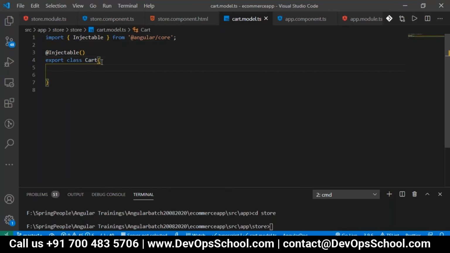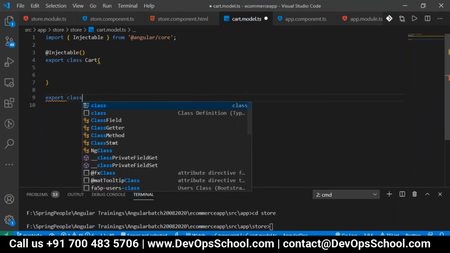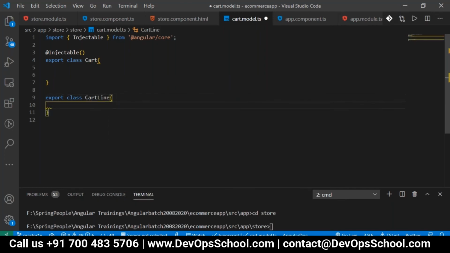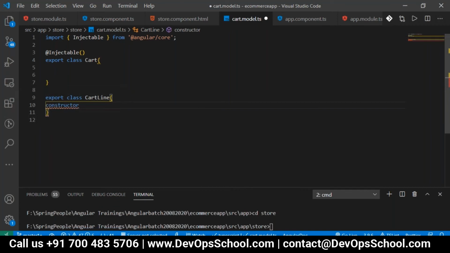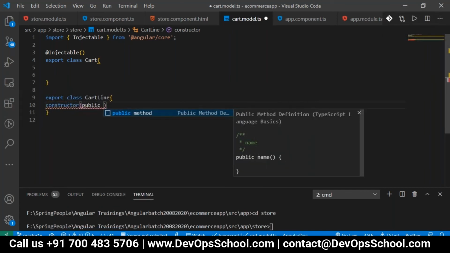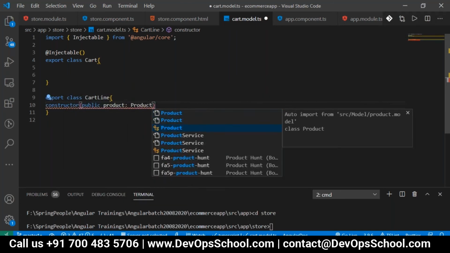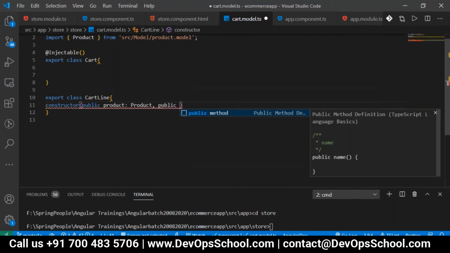Then inside this file itself, I'll create one more class, export class CartLine. That is just to get how many products are available, the product into quantity, taken as one cart item. So I'm taking CartLine, which has public product. I have to import the product, and then I'm taking public quantity, which is a number.